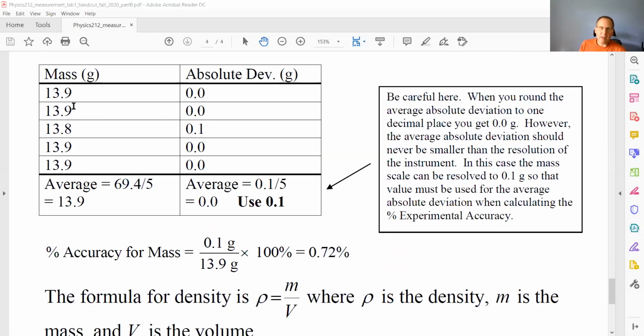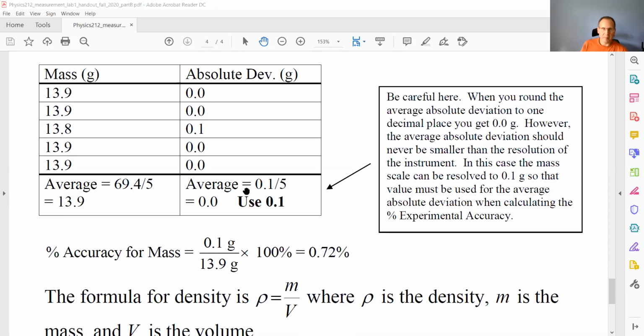So notice one thing here. First of all, the resolution of this scale now is 0.1 grams, right? Because if you look at the measurements, it's only accurate to 1 decimal place. So the resolution is 0.1 grams. So if I wanted to compute the percent experimental accuracy for mass, I average these, round to the resolution, so